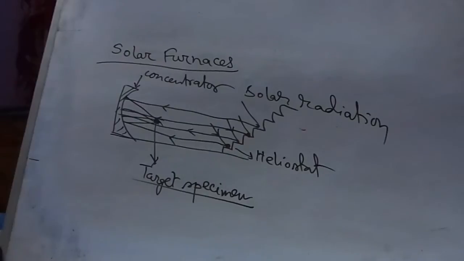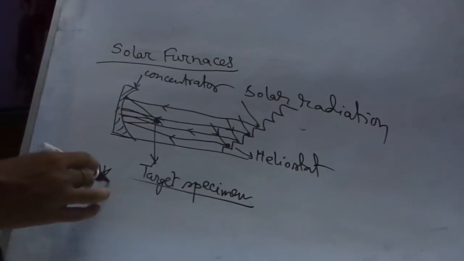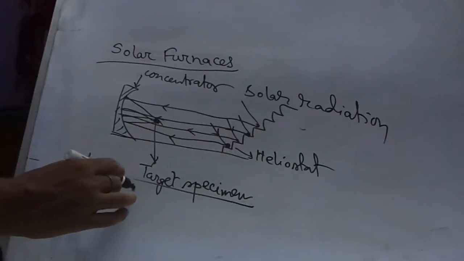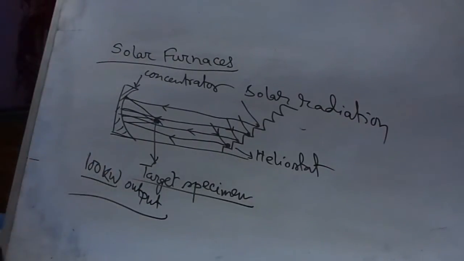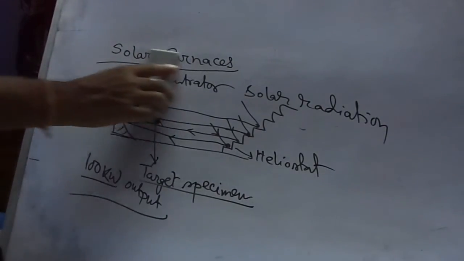There are a few solar furnaces in countries like France, USA, Germany and Russia for scientific study. One of the world's largest solar furnaces is installed at Odeillo, France, with 1000 kilowatt output, a huge output. Some of the advantages of a solar furnace: